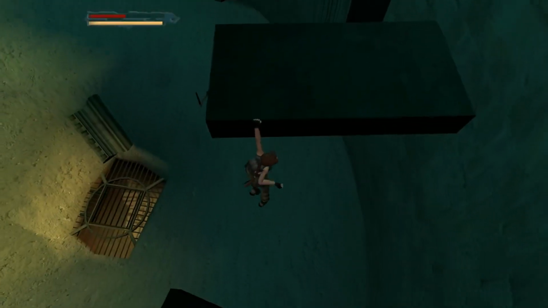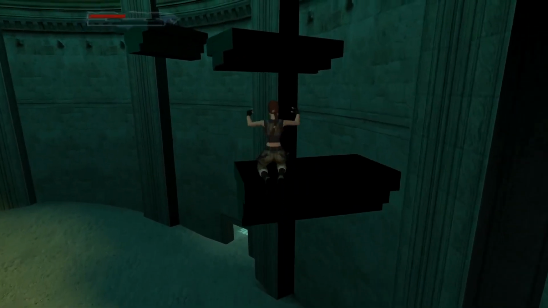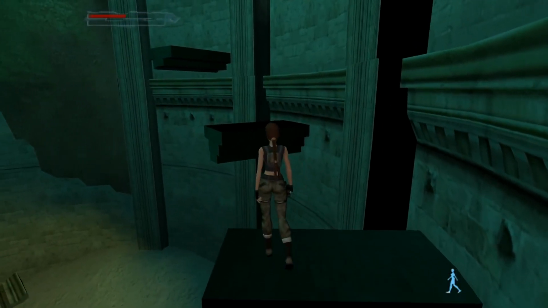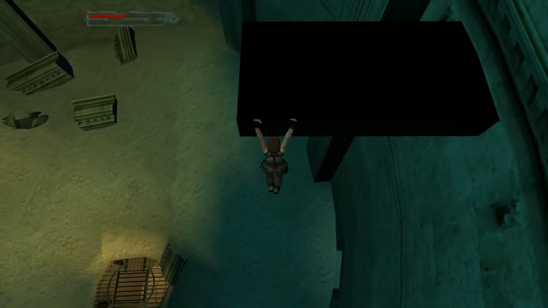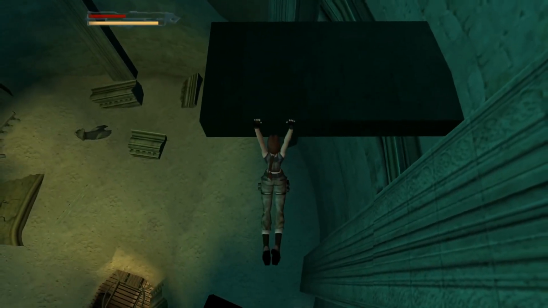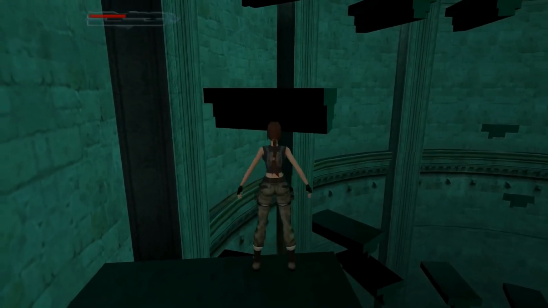Let's try a little hop. Alright, this looks like it's going to be a standing jump. So just be careful on these ledges, you know. We're starting to get some distance in the air now, so we don't want to be falling. Alright, so where'd the ledges go? Well, they continue on behind you, so...